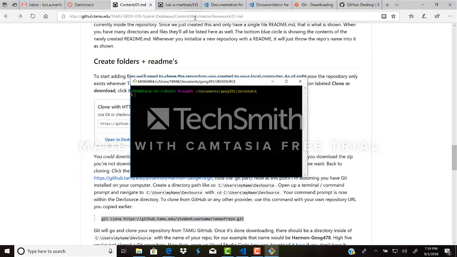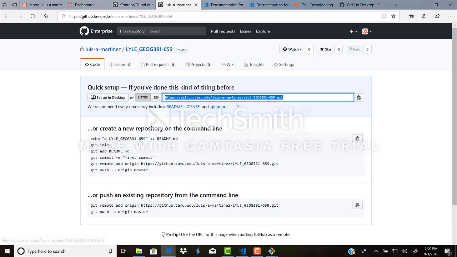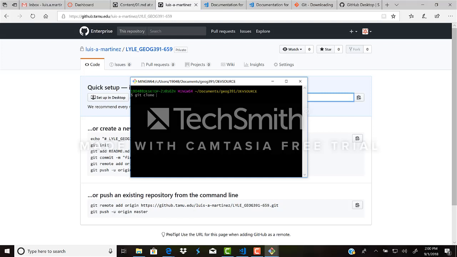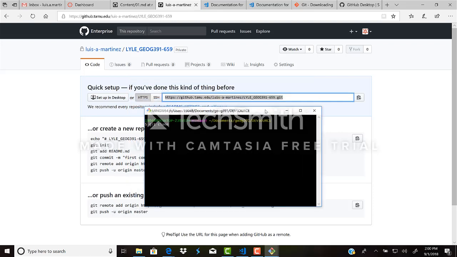So we're going to go back to that place and put in git clone, and I'm just going to paste it. Oh, no, try again. Git clone space, and again paste it. Let me go back to my page and just make sure I copied that correctly. I hit copy there. Go back here. It should paste that, but for some reason it is not. I can always just type it, right? There's the name right there,